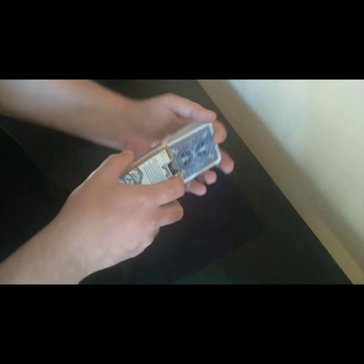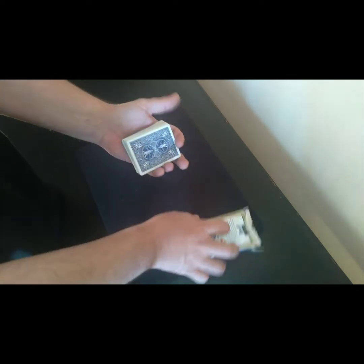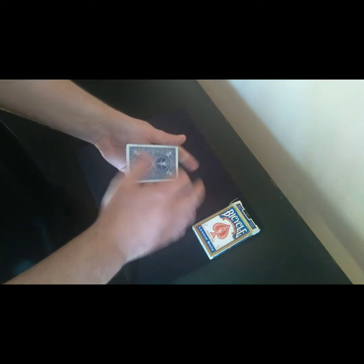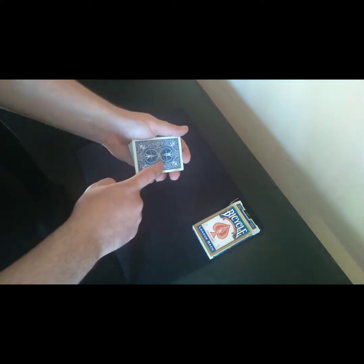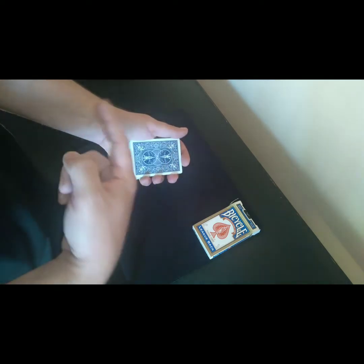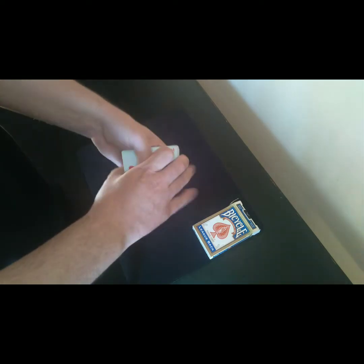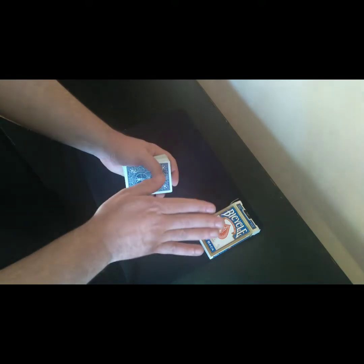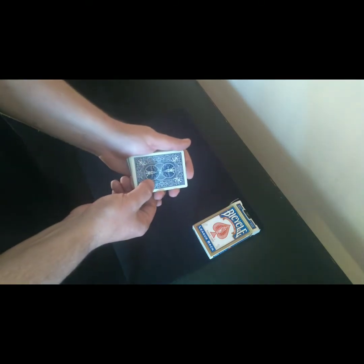So you pull the cards out of the box, you throw the box down. Now, the psychology is that they see the blue box, they see the blue pack. Now you've started implanting that seed that this pack is blue. They're going to take it for granted. You should never say, look at this blue pack of cards, because then...